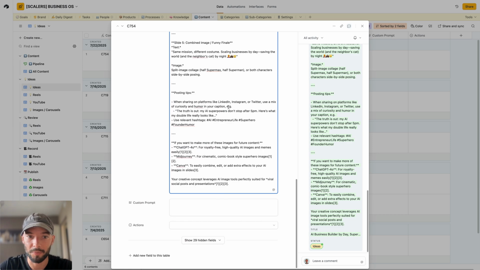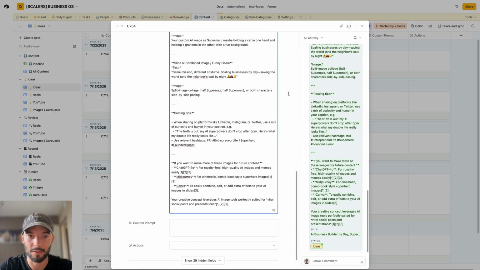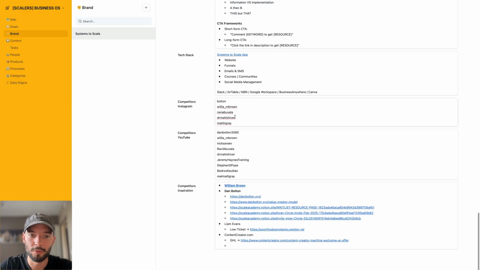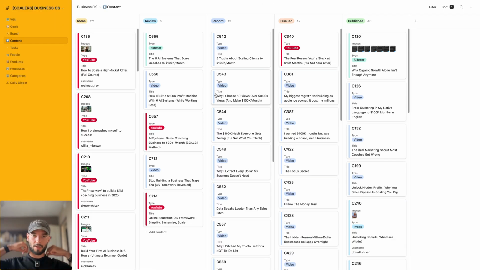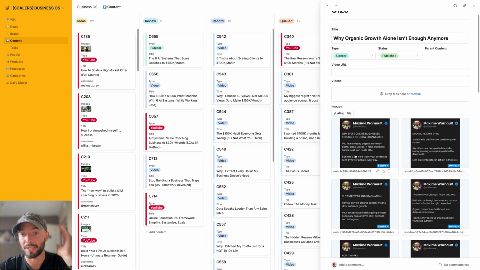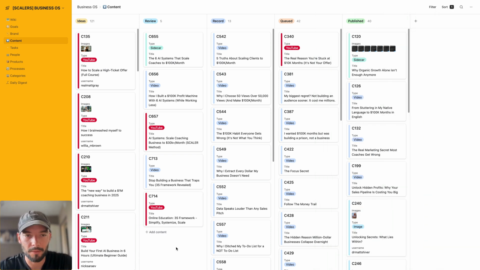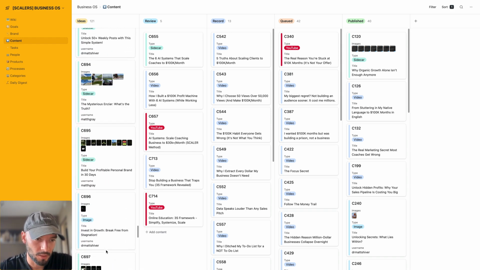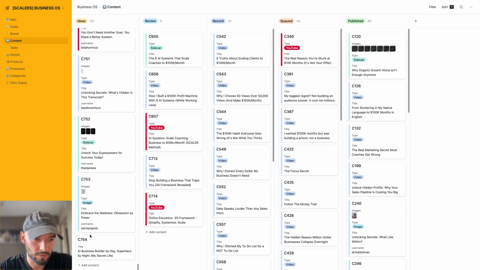So as you can see, it creates pretty much everything, and all I would have to do is create this carousel and upload it in here and put it into the queue to be published. Now, all of these carousels that you see are created automatically for me. I don't write, I don't build this automatically. They are built, the images are built automatically as well, so I don't have to go into Canva and build the images. Okay, so we have this in here now, so it should be the last one,